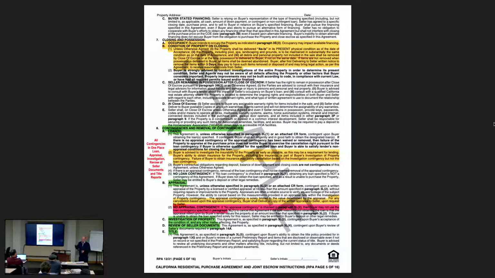So now it actually has a contingency for being able to obtain the title policy because of the property that they're buying. Okay, and so it's more than just reviewing the title report. The contingency also includes buyer's ability to obtain the title policy, and then it also goes on